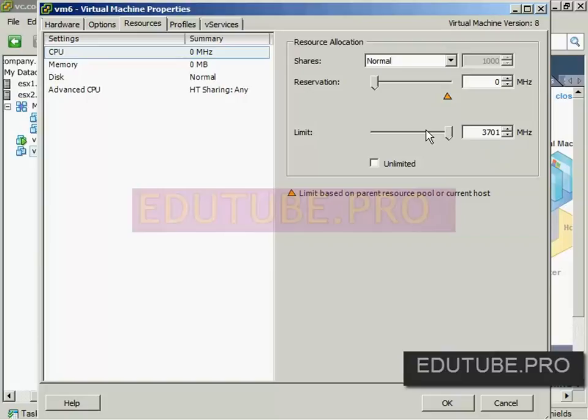See here I have CPU, memory, and disk as the three different types of resources that I can set allocations to, the most common of which are CPU and memory. They've been around the longest. I can, with